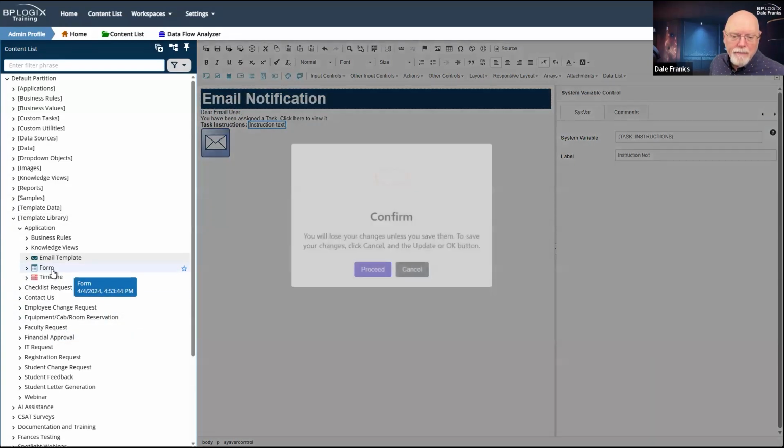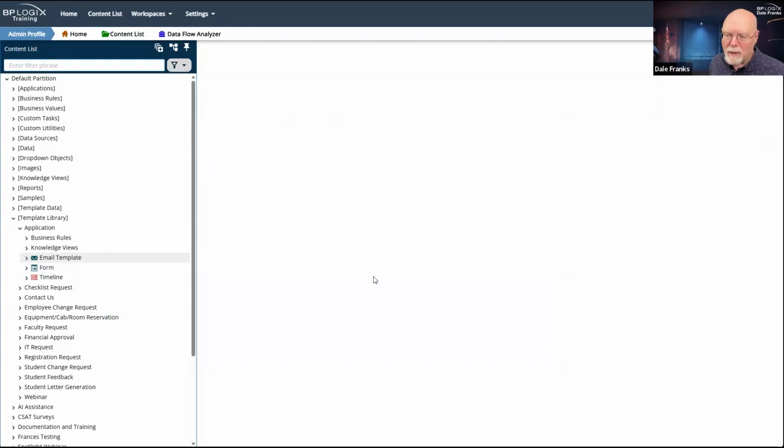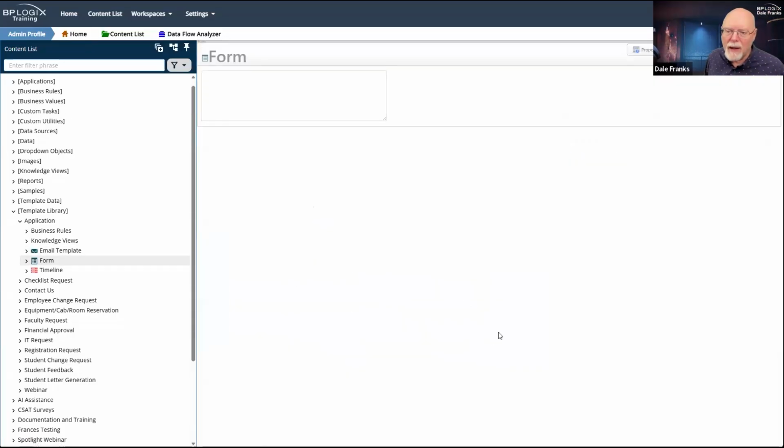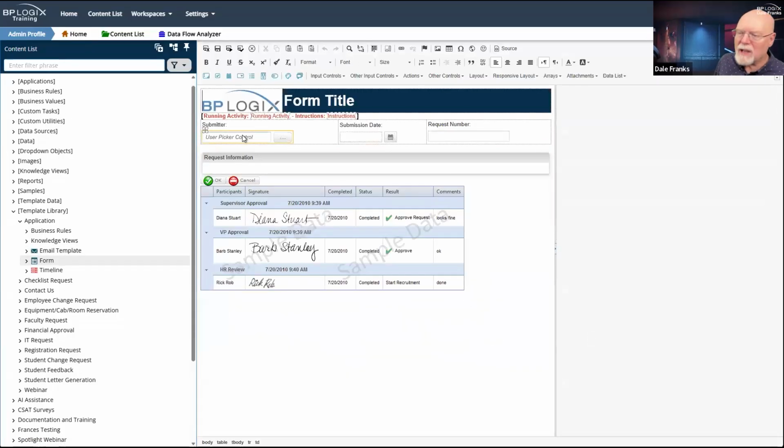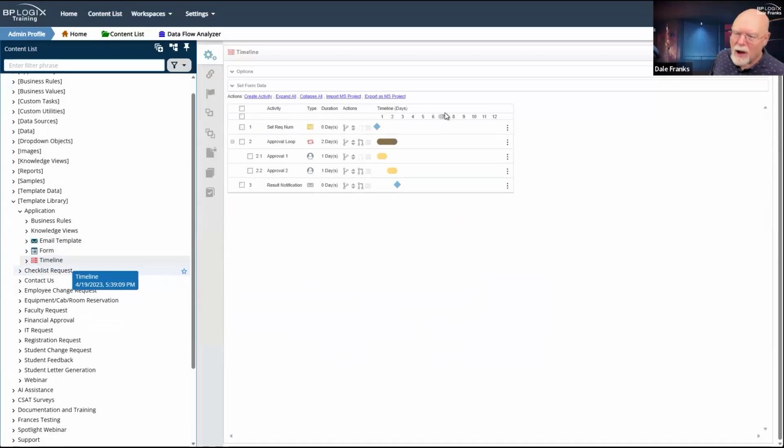I've got that. I've got my form, which is very similar to the one that we just created. If we look at it in design view, it has my basic form fields. It has my basic text up here at the top. It's a little uglier form. I think my current one is a little prettier. It has request information, our buttons, a routing slip, and our timeline has our custom task activity to set the request number. So what currently says unsubmitted, we're actually going to turn that into a request number, hopefully next week.